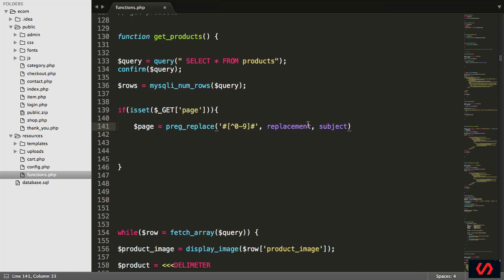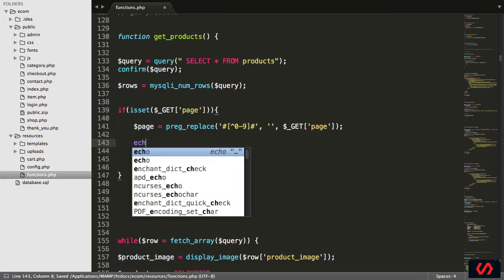So I'm going to be replacing anything that's not numbers with an empty string. Simple as that. So basically what we want to do is, I'm going to put that in here because that's a subject. And of course I need to wrap this whole thing like this. Refresh, save. Now if I do echo page,